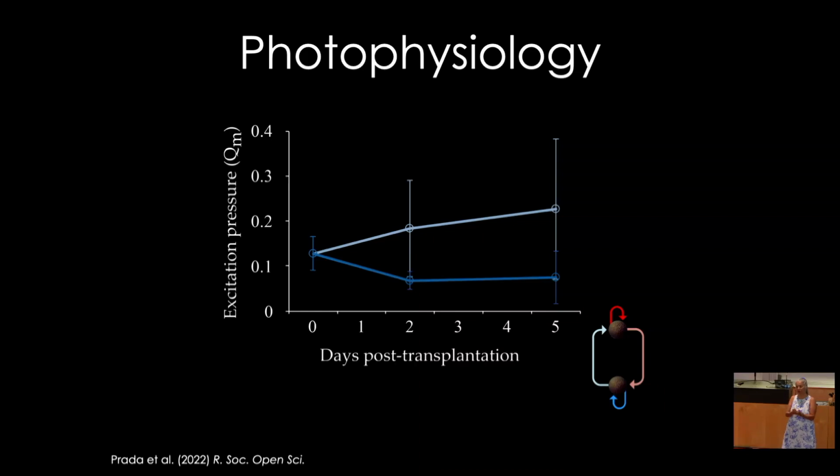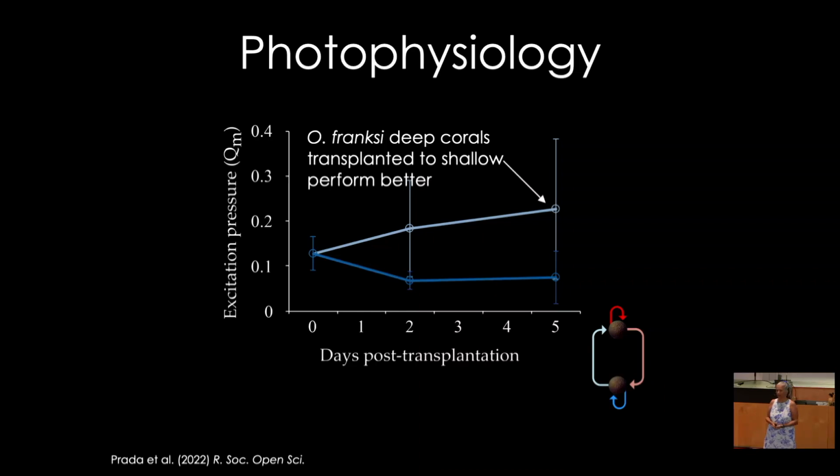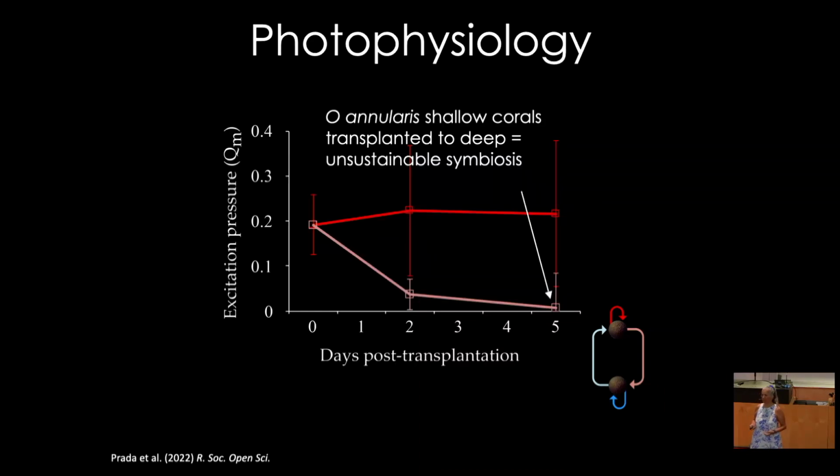So when you look at photosynthetic physiology, you see that the franksi actually fare better when they move to the shallow. Even though there is more pressure, UV light, and things like that that produce ROS, they do a lot better when they get more light. But when you do that with annularis, they really don't perform well, and it's an unsustainable symbiosis that leads to